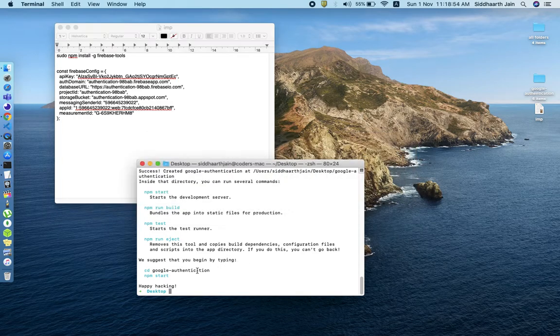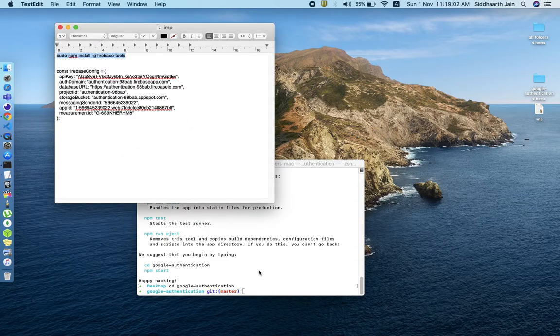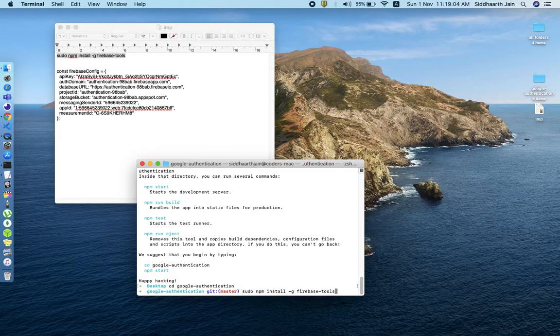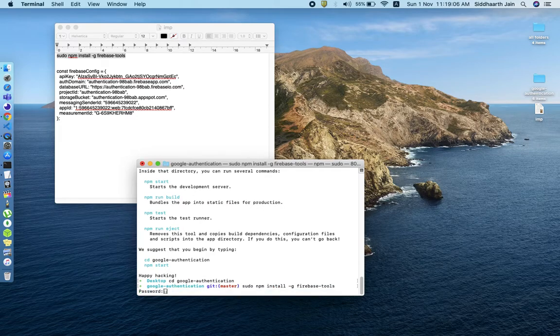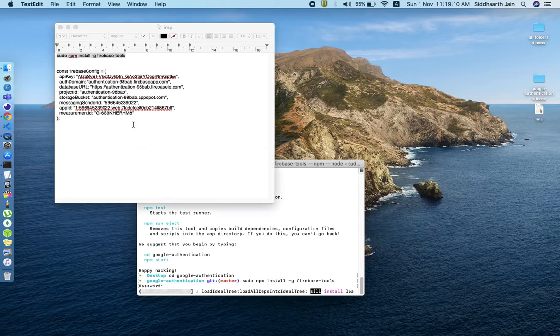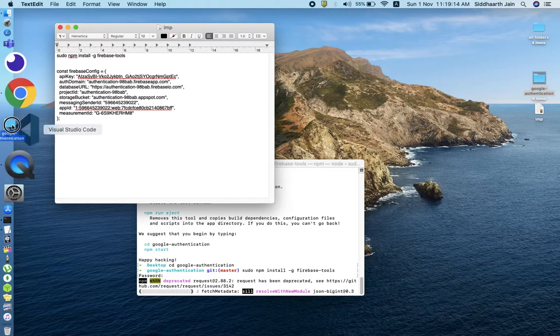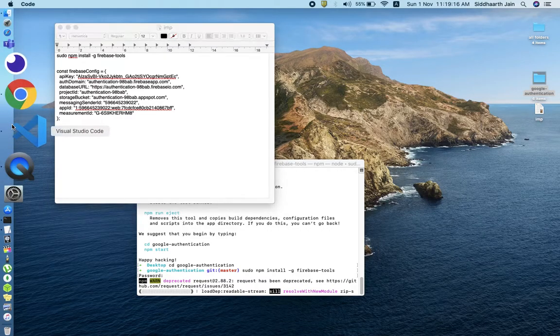So now this has also been done, so I will cd to my google-authentication, and here first let me run sudo npm i. It will install Firebase tools, then password because it's a root permission, and so it has also installed. So I am going to open this google-authentication here,